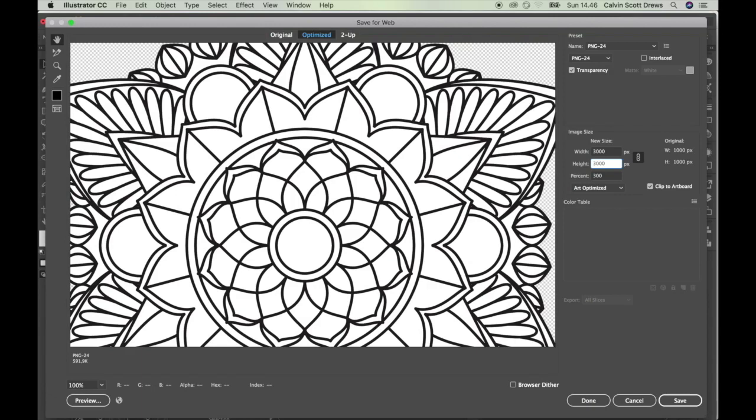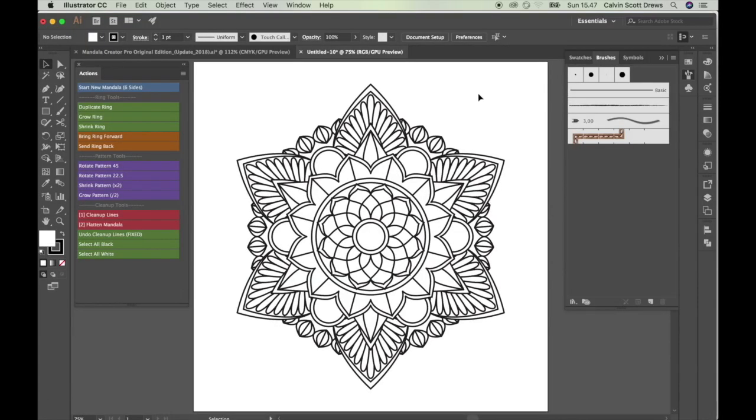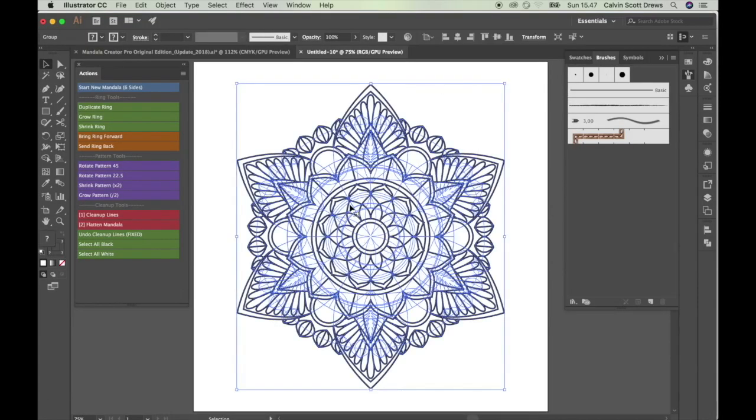So I'm not going to save this one. I'm going to cancel it. So if I select this mandala, you'll see it has all kinds of hidden detail. Most of the time this won't be a problem, but if you want to use this mandala as a cut file or maybe a file for use with a laser cutter, all this extra detail